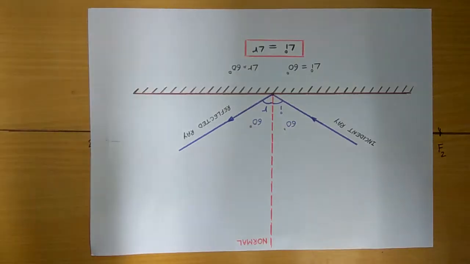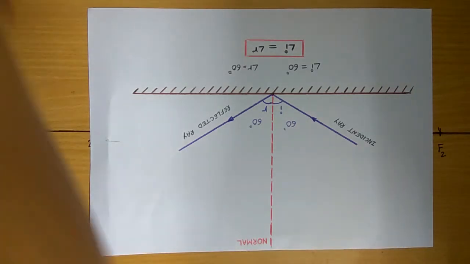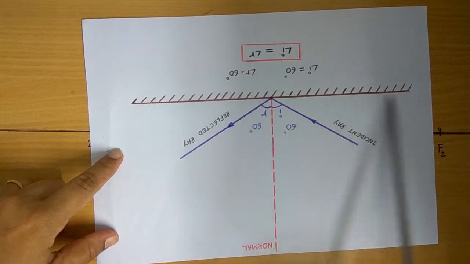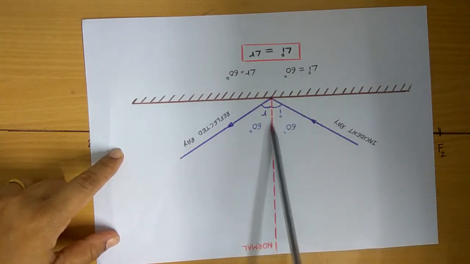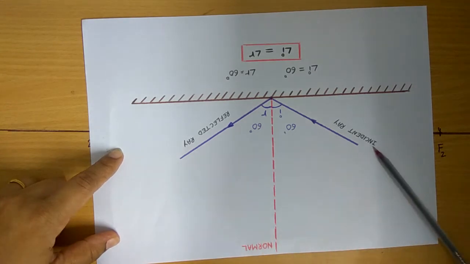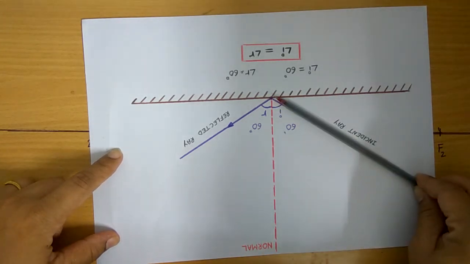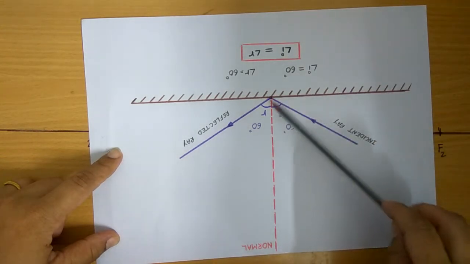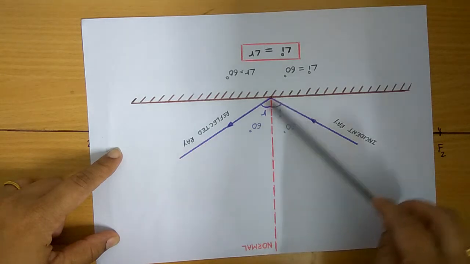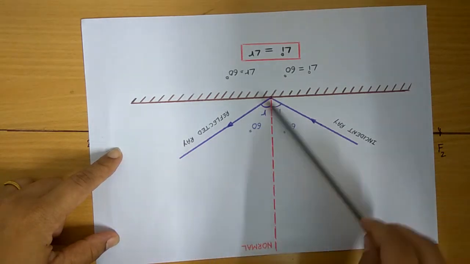Now we will take a plain sheet of paper in which I have already drawn the position of the mirror. Suppose this is the mirror. We are going to place the mirror here, and this is the normal, and I am going to incident a laser beam of light like this, at the angle of 60 degrees, and we will check whether it is reflected at this angle or not. This should be the path of the reflected ray.